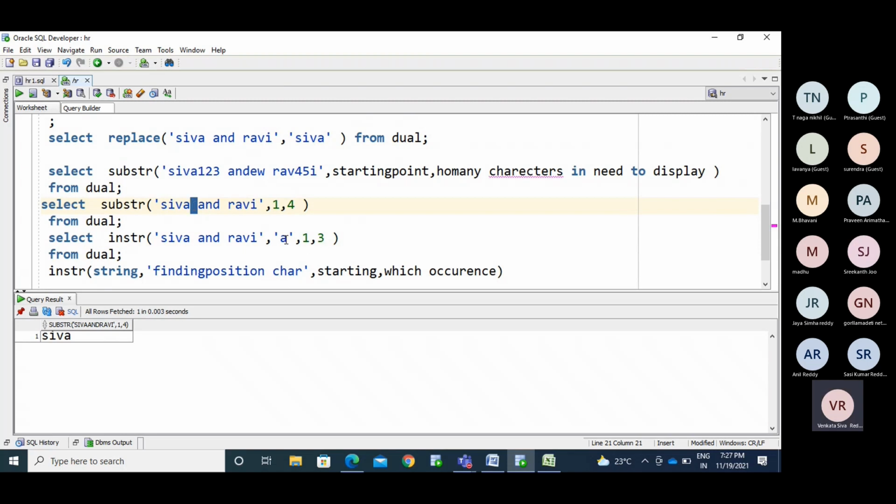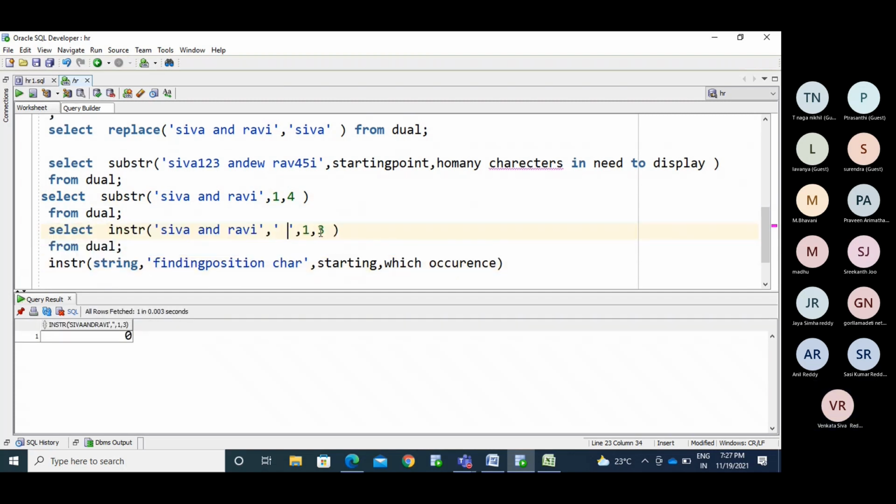Now I need to find the position of the space. I need to find the position of space from the starting position, first occurrence. This is the first place. From this place, I need to find the first space. So now we have the space position.